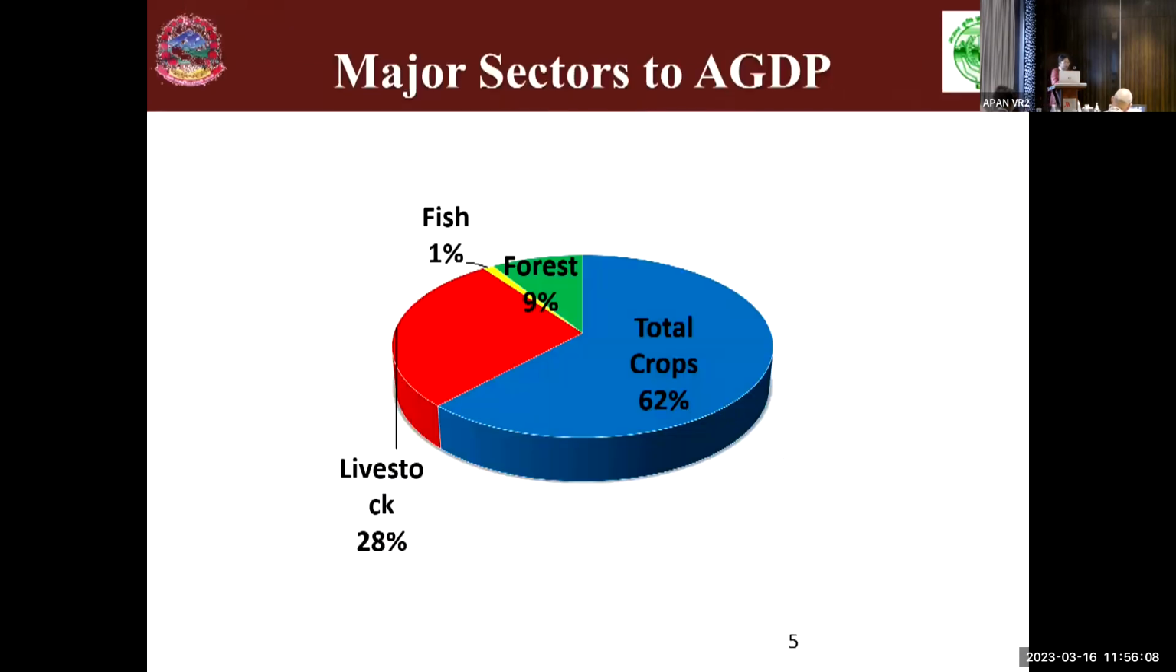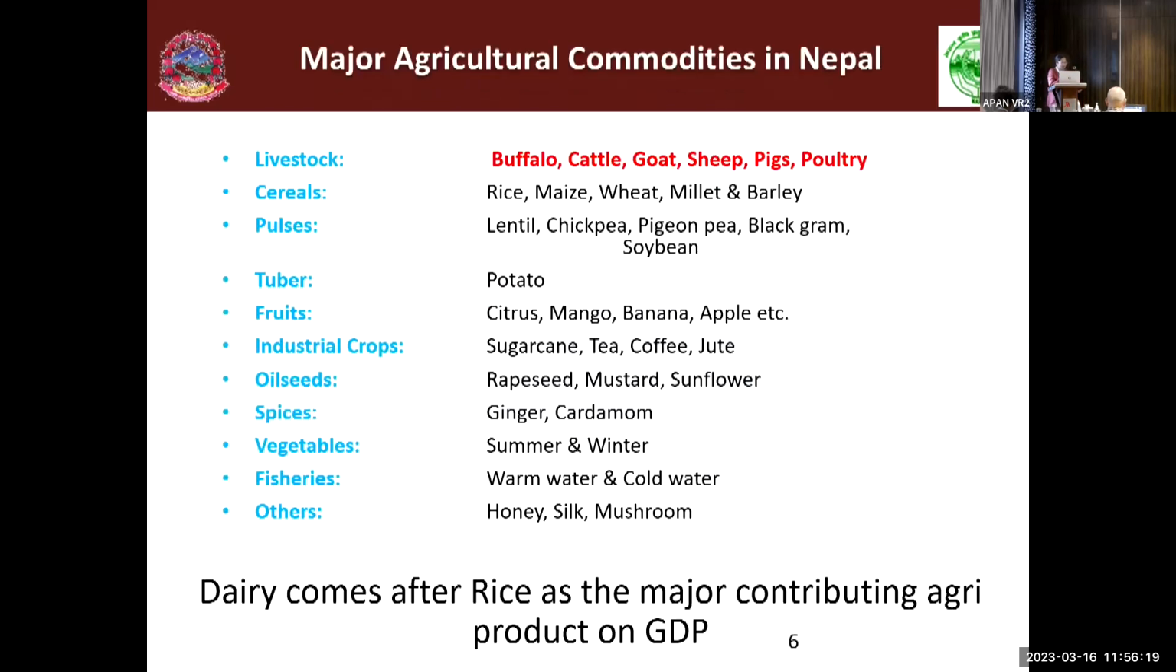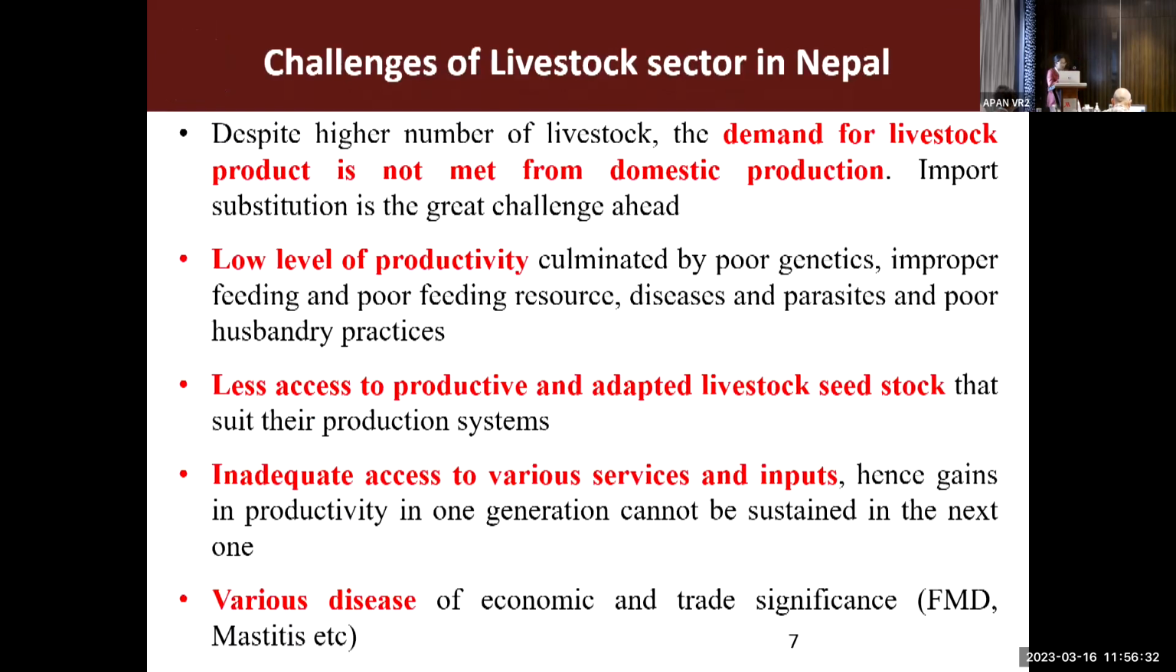So when we see the livestock contribution in the agriculture GDP, it contributes around 28%, and it is mainly contributed by the dairy sector. So when you see the challenges in the livestock sector, we have lots of livestock when you count the head,